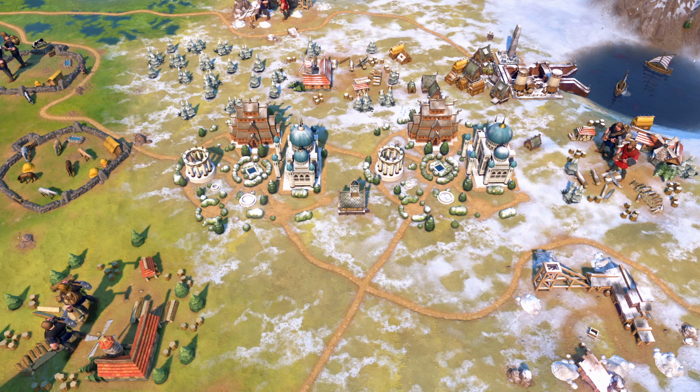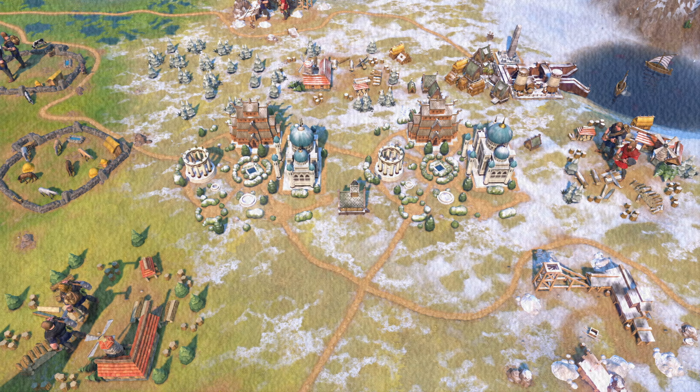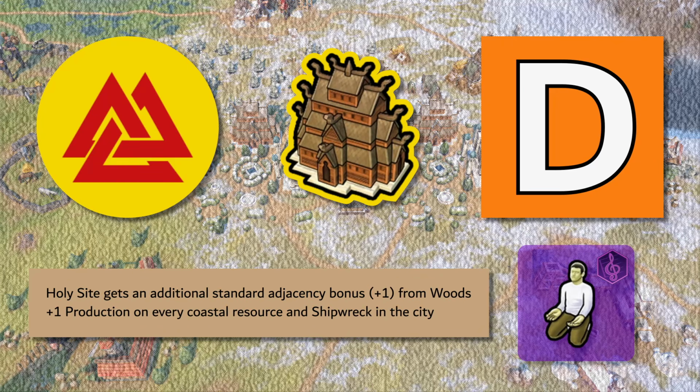at theology, and compared to the Prasat this is very lackluster. Getting extra adjacency from woods is nice, but not usually a very big boost, and production on coastal resources is okay considering Norway's start bias, but other than the Stave church, they have very little incentive for building holy sites in the first place. Some people will likely even argue this building should be down lower, but I do appreciate Stave churches enough to go for religions with Norway, and this, let's say, interesting but somewhat mismatched building gets to